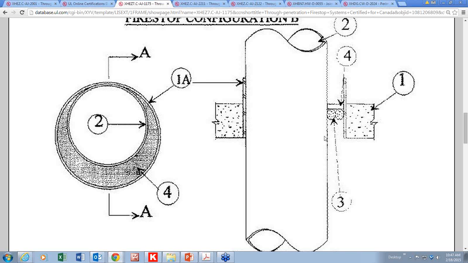So if you show up on a project site and you're the special inspector, or you're an AHJ looking at the project, or the owner has hired the architect to be the owner's agent and do a little bit of QC on the project, and you see that the Firestop installer is just running around with a tube of sealant, has no system in his hand, and has no tooling in his hand, has no installation instructions, ask the question, hey, could you show me the system that you're using for this type of application? Can you show me the installation instructions so we can verify that you're getting done what you're supposed to get done? Then, after you ask that question,